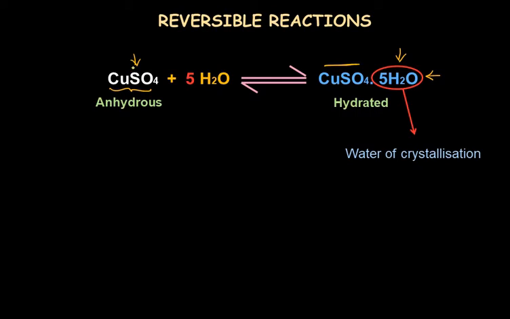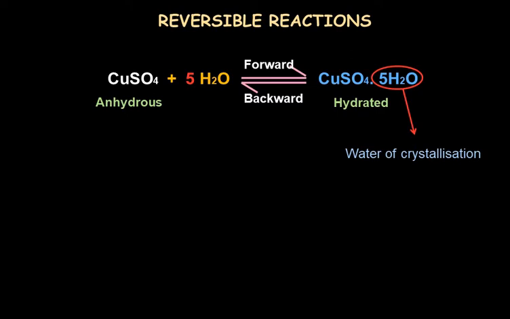So because the crystals have a typical shape and color because of the water, such water is called water of crystallization. Now in the same reaction, when copper sulfate reacts with water to form hydrated copper sulfate, such a reaction is called the forward reaction, and when we heat the hydrated copper sulfate to evaporate out the water to form anhydrous copper sulfate, such a reaction is called the backward reaction. So both ways, the forward and backward reaction, can happen by changing some conditions of the reaction, and such reactions are reversible reactions.